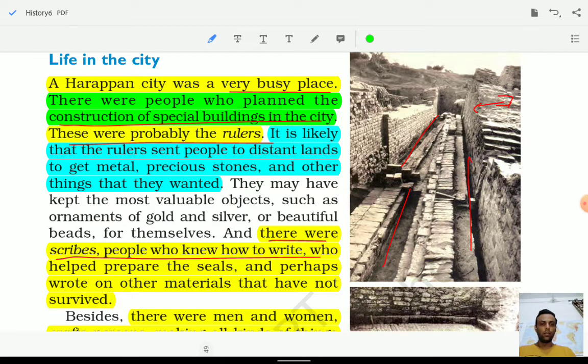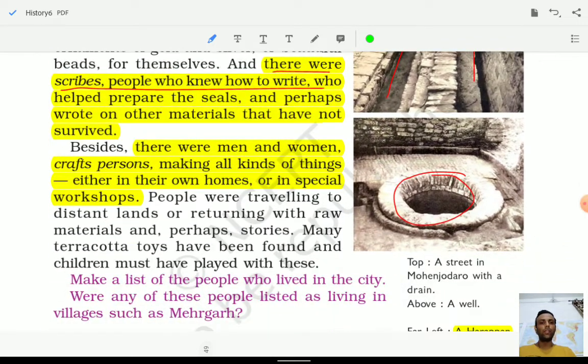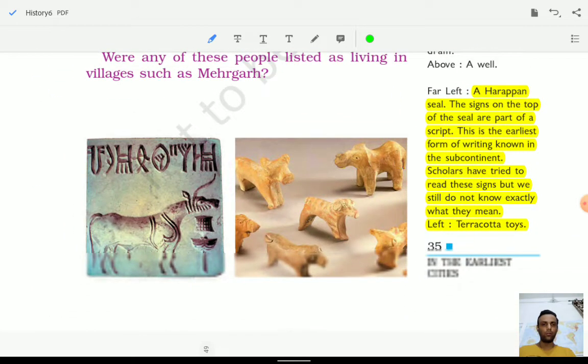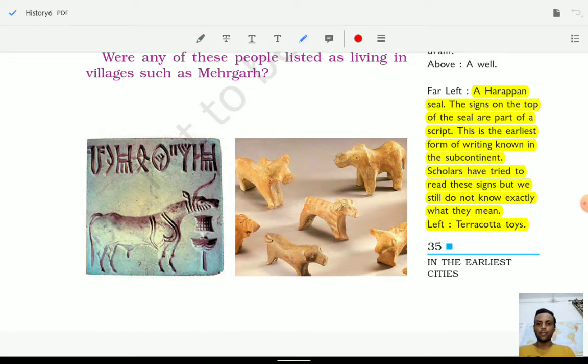Look at the arrangement of the bricks. Big bricks have been used. Look at the well, and so they used to fetch the water from these wells, right? And if we come to the bottom, look at the left hand side, you will see a seal. Look at here, something has been written here, and something has been marked here as well on the seal, and